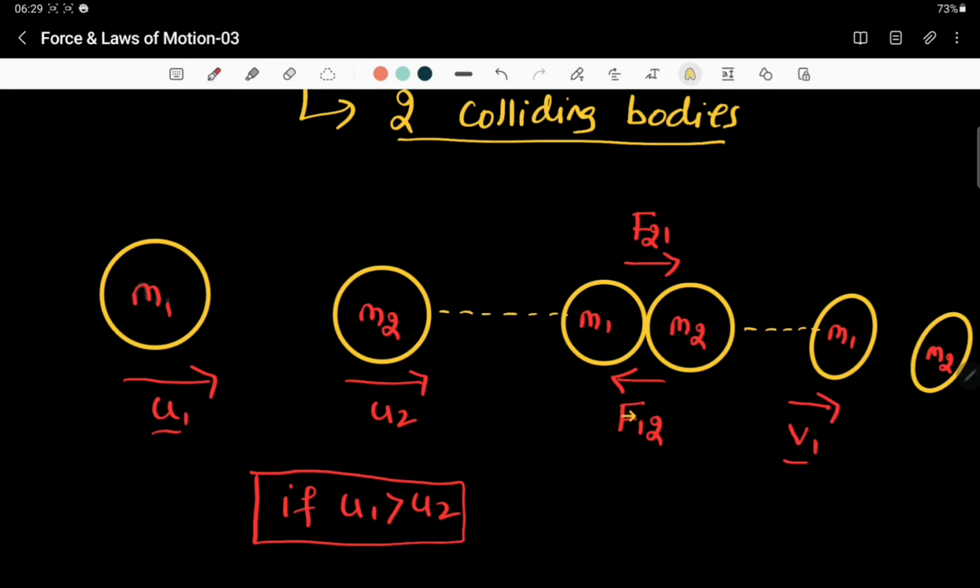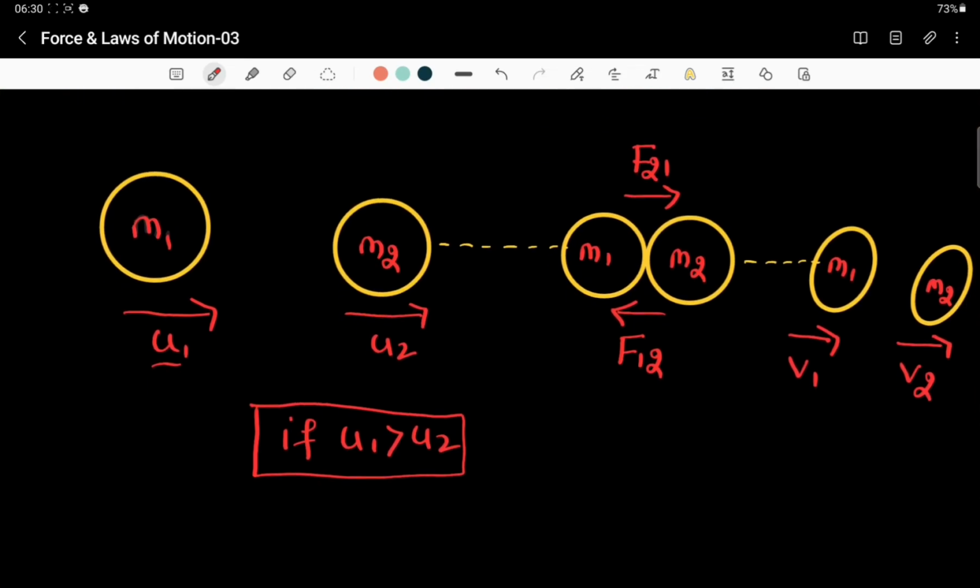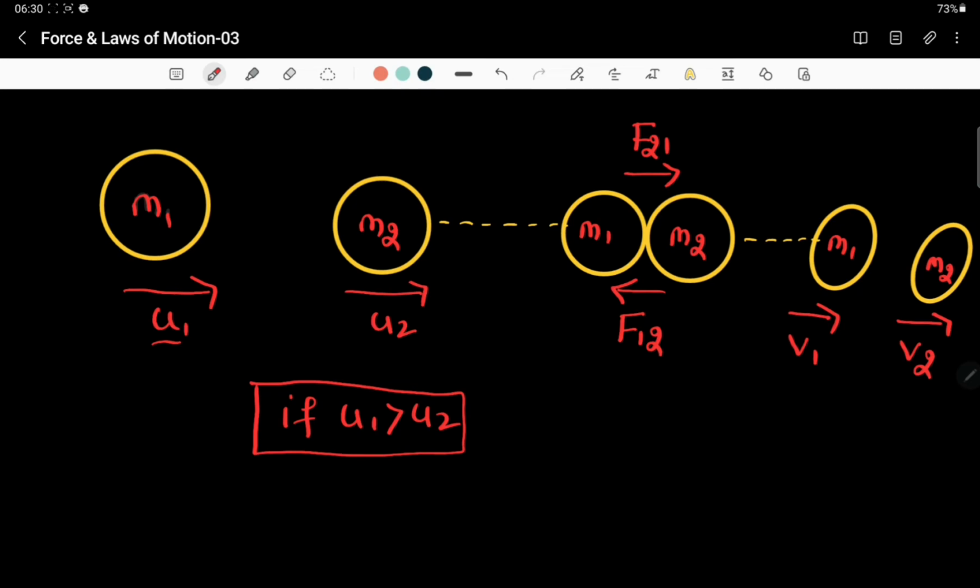Look at this, some reaction was there, so that's why the velocity got changed. And similarly this body will also move with velocity v2, some other velocity. Correct? I hope this concept is clearly understood. So the first thing whatever I have explained here, these two things